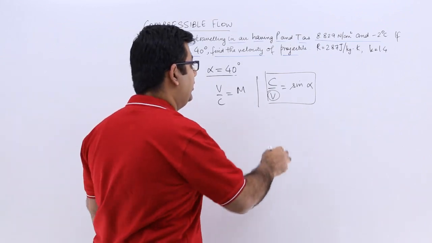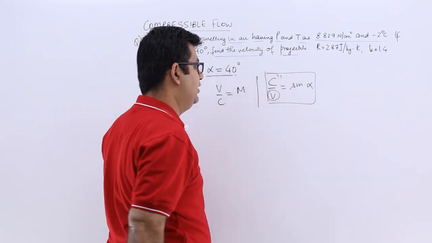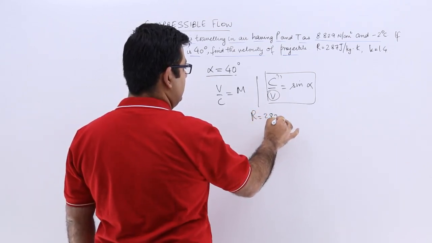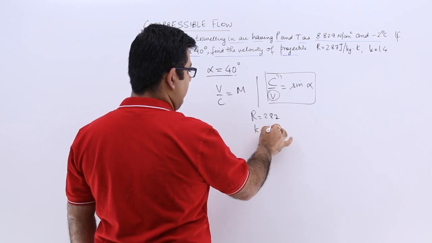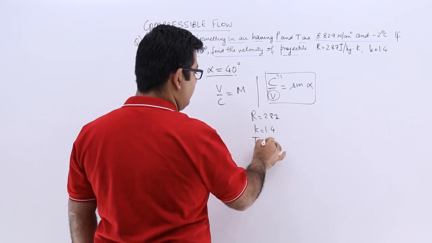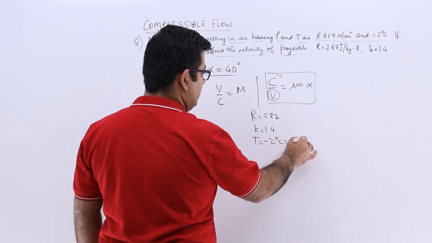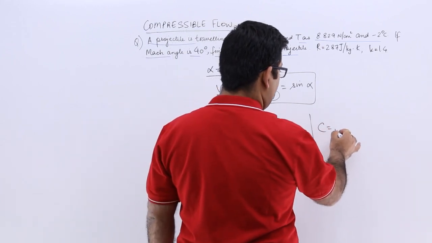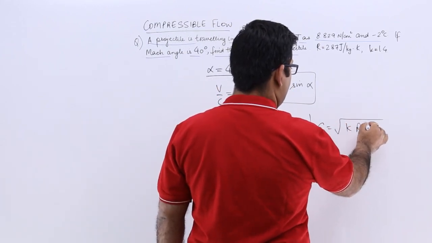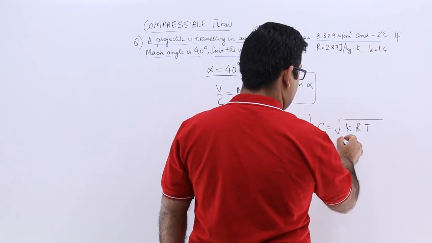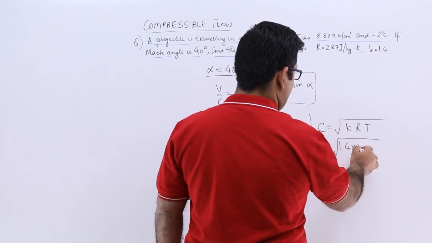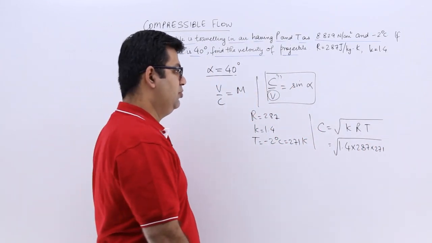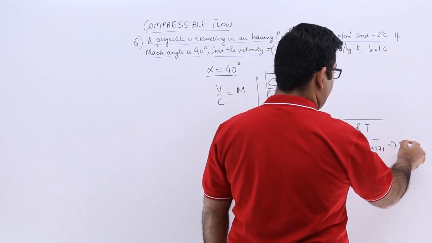But before that, I need to find the velocity of sound. So you're given the gas constant, which is 287. You are given the adiabatic index, which is 1.4. The temperature is minus 2 degrees Celsius, which is 271 Kelvin. From here, I can say that the velocity of sound would be the square root of k into R into T. So this is 1.4 into 287 into 271. This would give you a value which is approximately 330